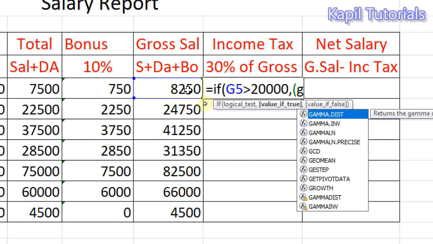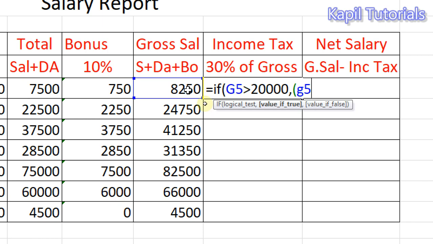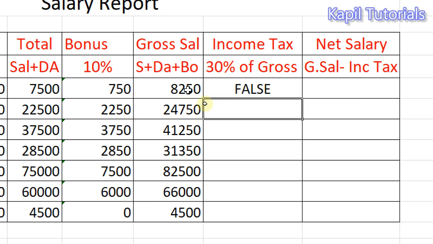That means G5 multiply by 30 divided by 100. Okay. Let's see. Now here false is coming. Why is the false coming?